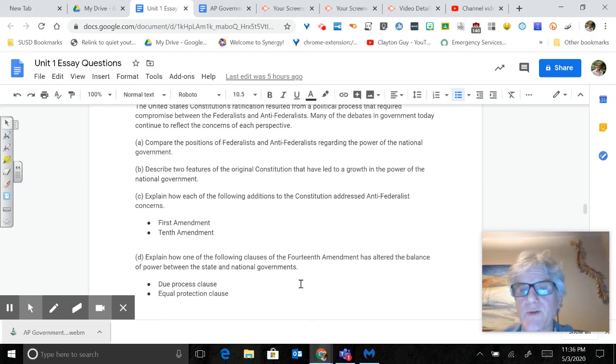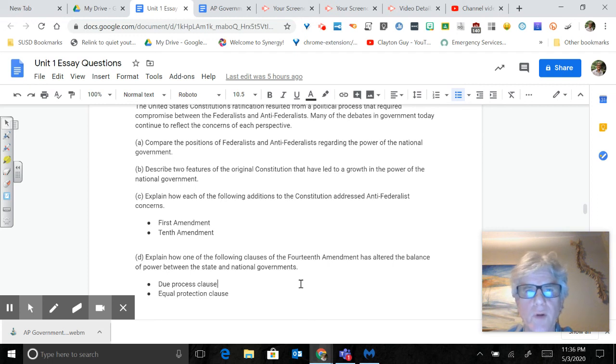Also, the growth of the national government was the president being able to be commander in chief and just declare war without declaring war, just sending troops overseas and sending troops into battle. In our history, we've only had 6 declared wars, and we've had hundreds of battles, wars, skirmishes, things like that, where the president's able to do that. And then you have executive orders, executive agreements, and executive privilege, which have all increased the power of the national government.